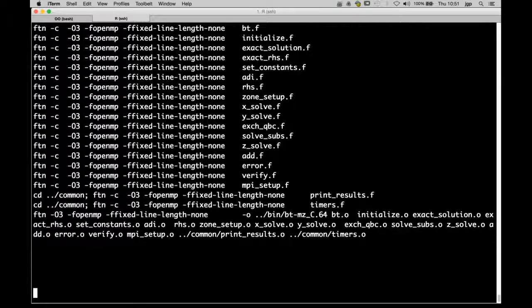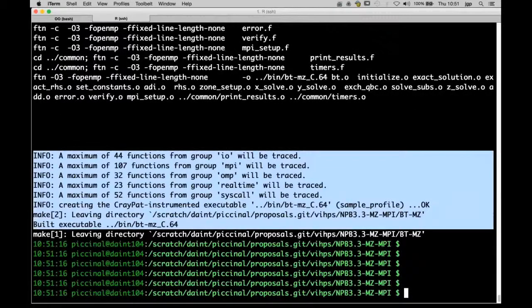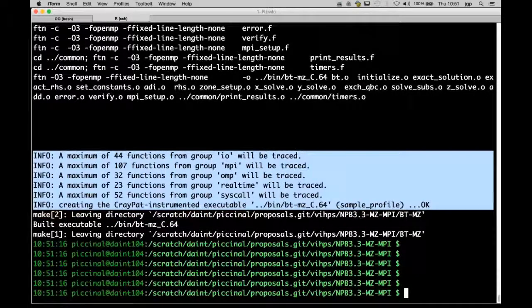But you will see that at the end, I will get a little message from CrayPat saying that this is a special kind of executable. So here you can see that it created a sampling version of the executable where it will profile different parts of the code, the MPI calls, the OpenMP calls, the IO calls, and some other calls.